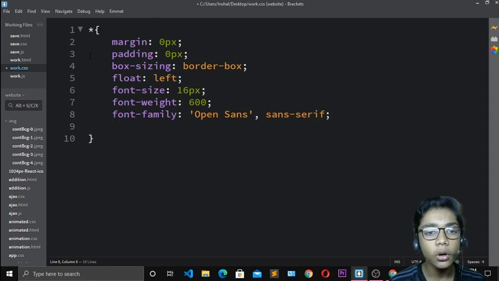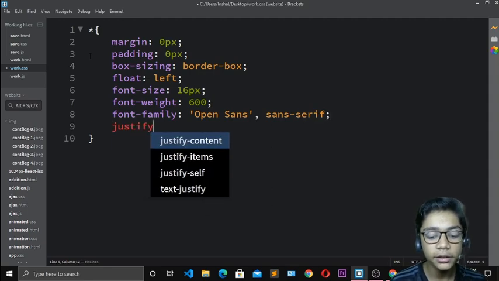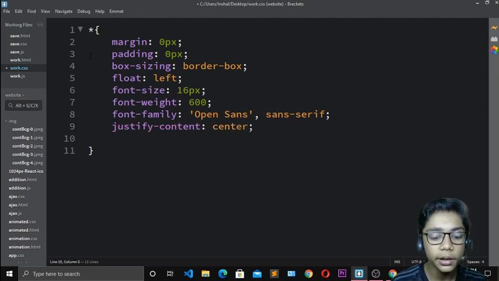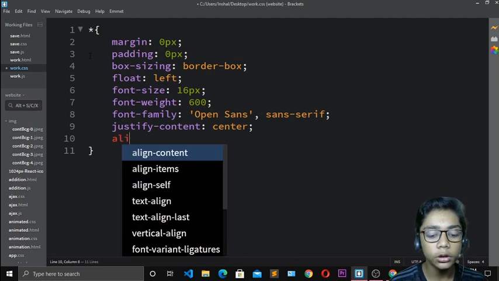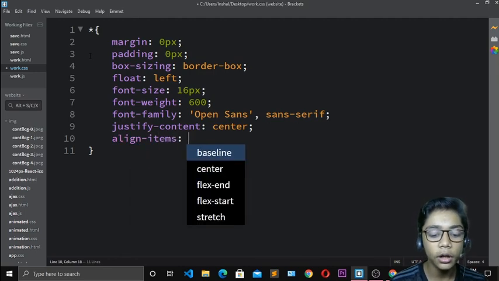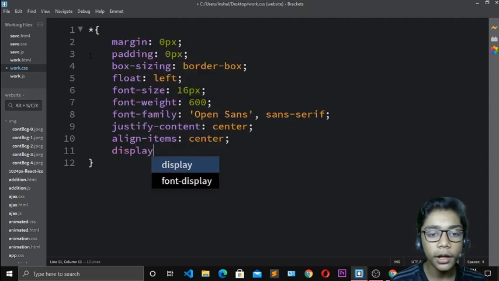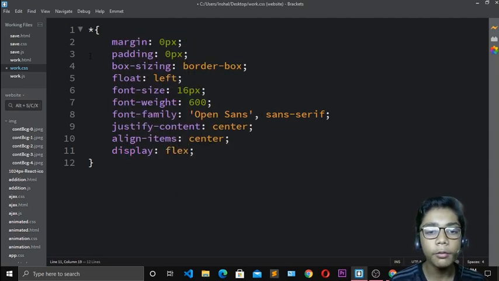Come over here, and now here I will write justify content in center. So which things we are writing over here in CSS, these all things should be in center, and which we have written in HTML, these all things will also be in center. So I'm just writing these all center codes. Now write align items in center, and right over here display flex. So there will be one horizontal line. All the things which we are making should be in a horizontal line, but not all of the things, just one line thing should be in one line.